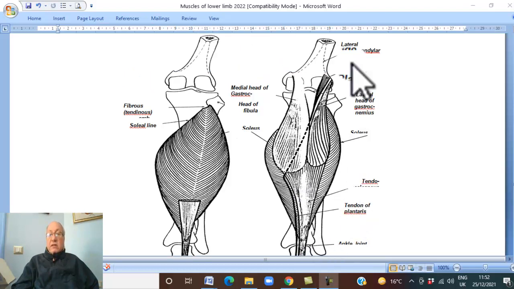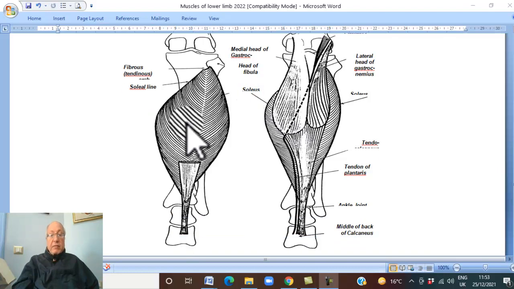Since all these muscles take their origin from the popliteal fossa, therefore all these muscles take separate branches from the tibial nerve in the popliteal fossa, except this bulky muscle. The superficial part of this muscle normally takes its nerve supply in the popliteal fossa, but the